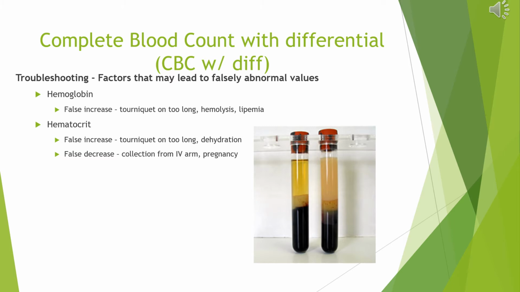Hemoglobin, you can have a false increase if the tourniquet's on too long, with hemolysis and with lipemia. And then the hematocrit, you can see a false increase or a false decrease. So hemolysis, just so you know what that means, is when the red blood cells become damaged and destroyed, making the report inaccurate. So again, you can see how that could possibly happen during specimen collection. It'll falsely increase your hematocrit and your hemoglobin, and also it's going to mess up your potassium, magnesium, phos, your